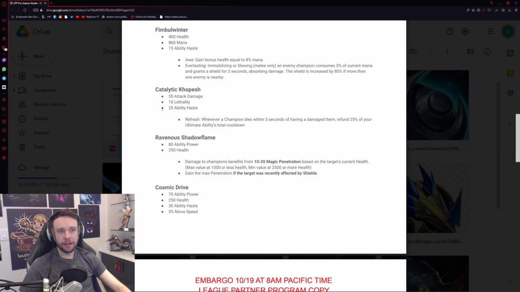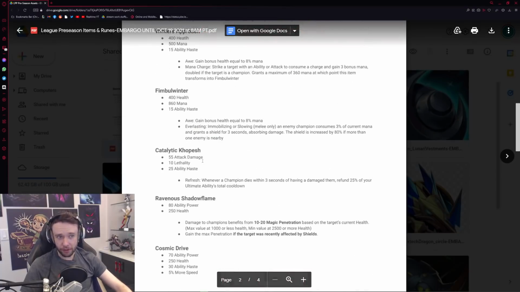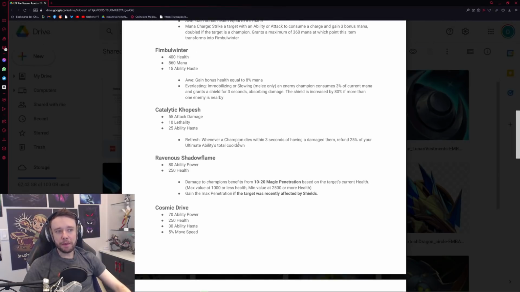55 attack damage, 10 lethality, 25 ability haste actually, which is pretty generous, right? Most of the other ones have been 20 max. This is a solid 25, which is a lot. Refresh. Whenever a champion dies within 3 seconds of having damaged them, so essentially, when you get a takedown, refund